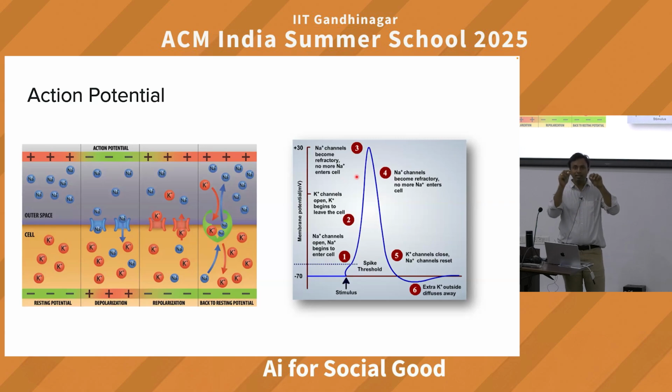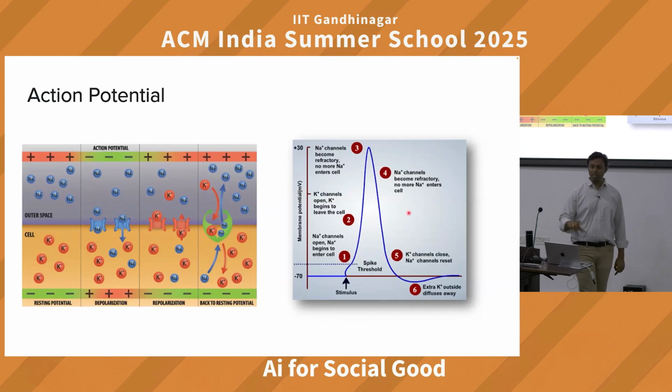The brain detects it, and what it does is that some sodium ions from the outside of the cell jump into the cell, and that triggers this entire thing which is called a spike. So a spike is the most basic unit of the brain. Whenever a spike happens, there is some signal that is happening. Now the brain is composed of millions of spikes going around, firing, and trying to make sense of that neural code. There's a lot of work that people have done to really make sense of that neural code.